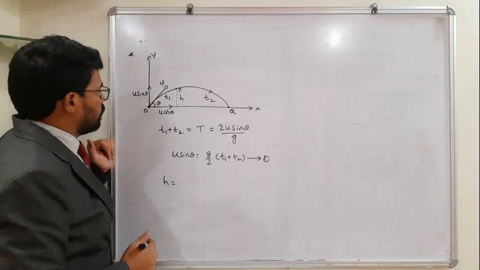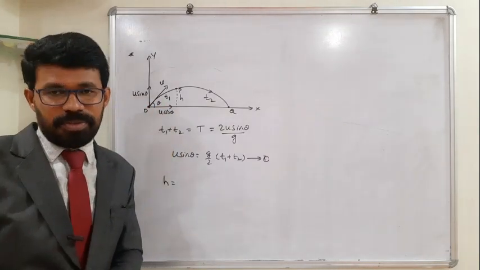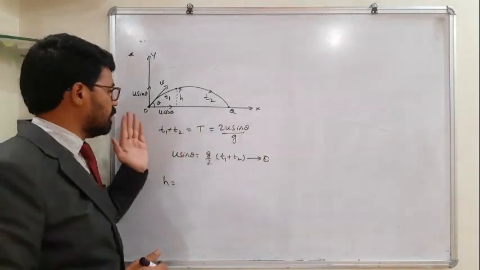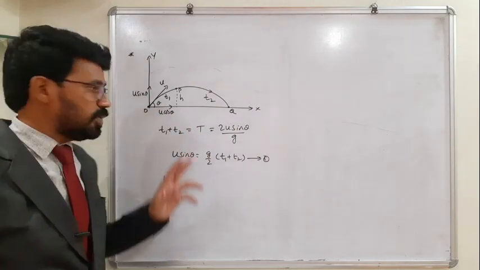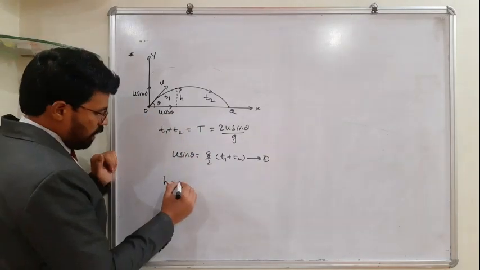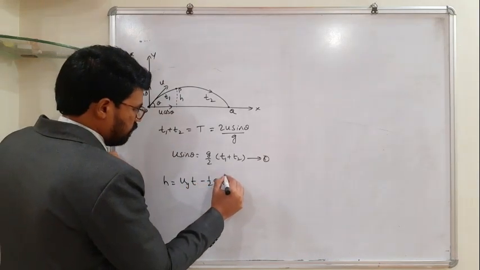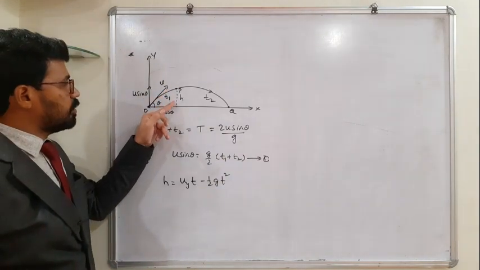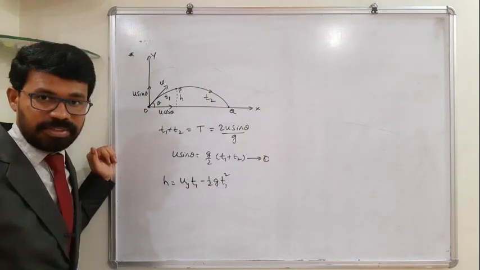But here, not like that. In case of vertical projection, u sine theta into t minus half g t square. That's what you have to take, because it is controlled by gravity. Its velocity gradually decreases. Since in the horizontal direction velocity remains constant, for whatever time is mentioned, you can take the horizontal distance covered as u cos theta into t. So h, I'll write it as uy t minus half g t square. And how much time has it taken to reach this height h? t1 seconds. So you can replace t with t1 seconds, right?